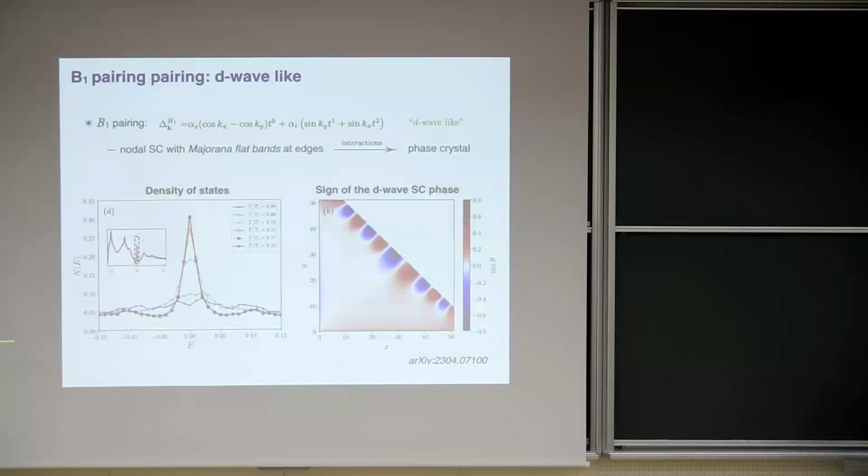You're right. In the high temperature superconductors, you have a very similar pairing symmetry, but you only have the singlet part. The triplet part does not exist. But the phase crystal will nevertheless appear. Experimentally it has not been observed so far. I think the problem in the high TC cuprates is that you are close to an antiferromagnetically ordered state, so you also have strong magnetic interactions. So how this large degeneracy from these Majorana flat bands is lifted is probably more through a magnetic instability in the cuprates.